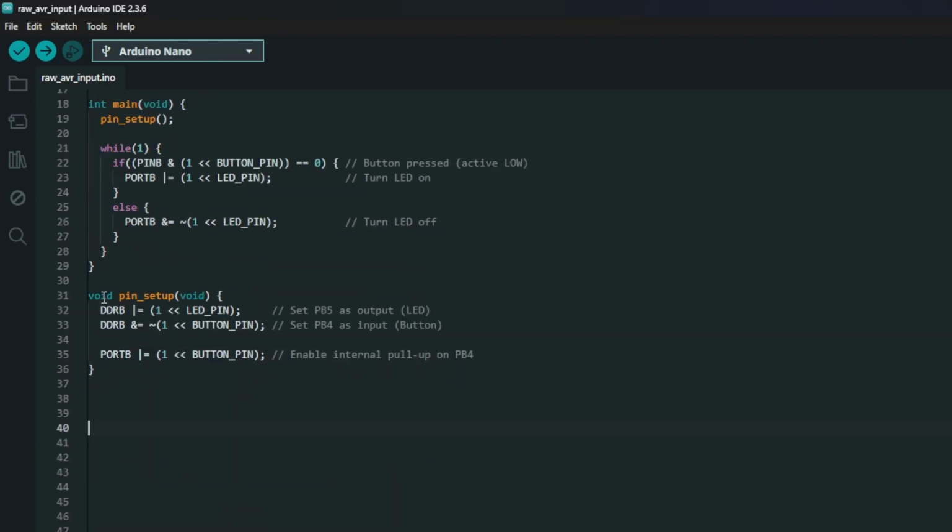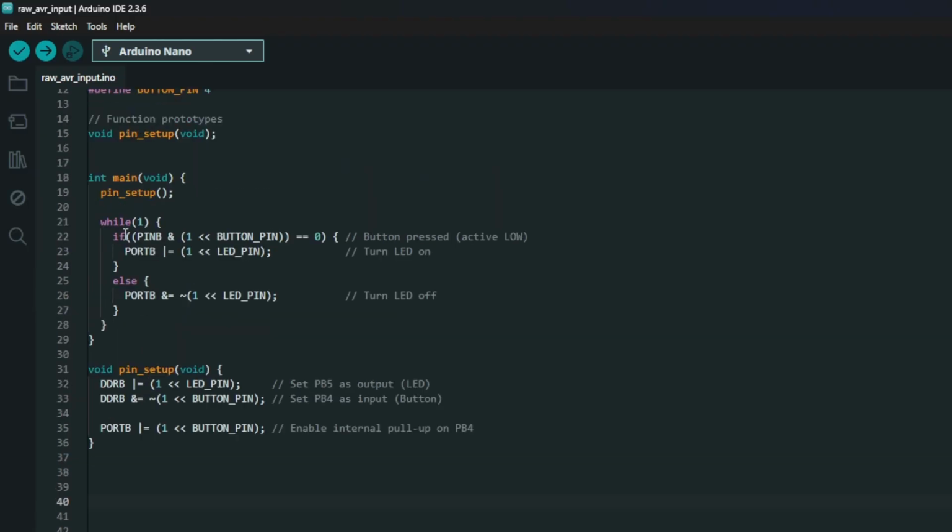And again, this function is void, it returns nothing, whereas int main returns an integer, so either 0 or 1. If we have an error, I think, if I'm not mistaken, it will return 0 and 1 if no errors. Name, pin setup, and void again inside. It just means we don't use any arguments, but we don't care about it for now. And inside DDRB, we set it to output, so PB5, the LED pin, and bit number 4 inside port B, PB4, the button pin,